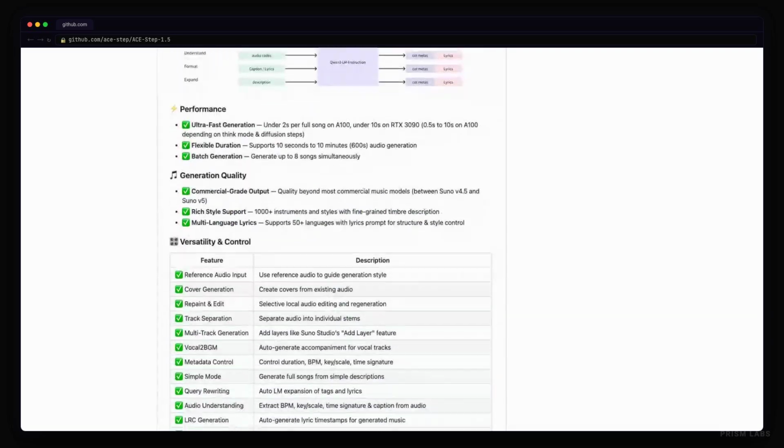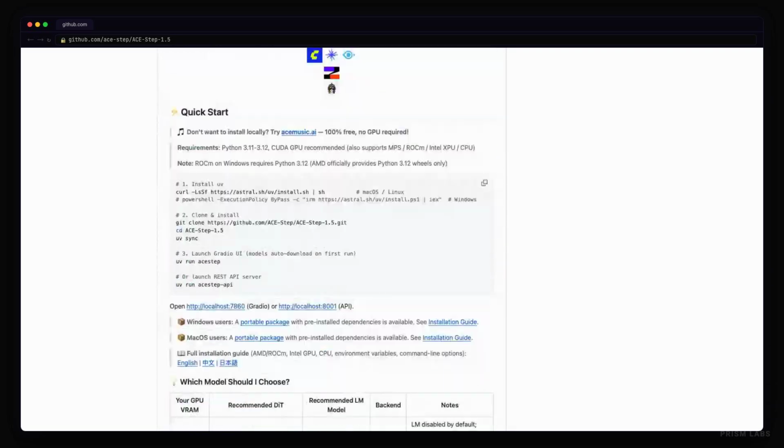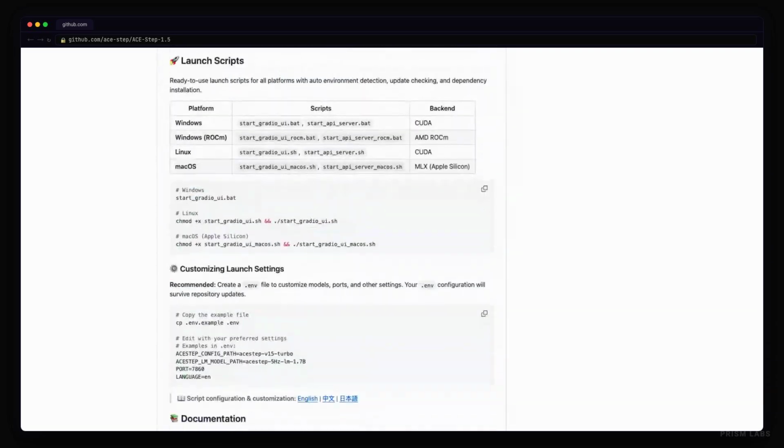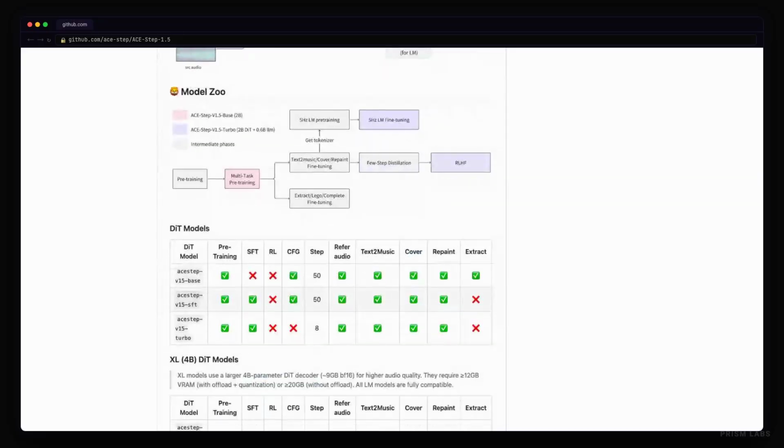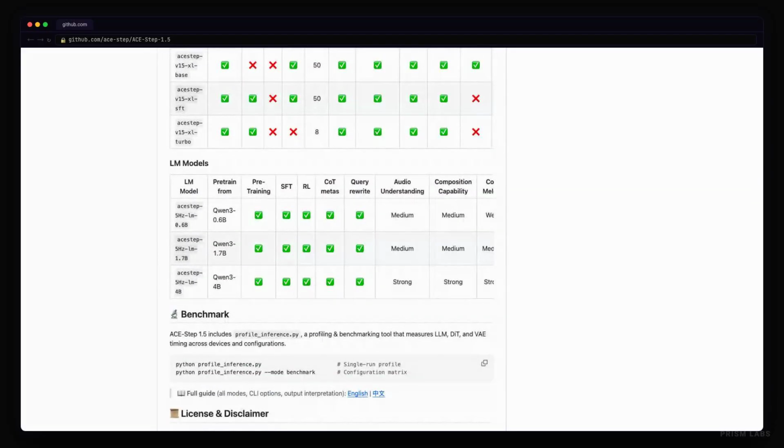There is the React front-end in TypeScript with a Spotify-inspired layout, sidebar for tracks, main panel for generation, an audio player pinned along the bottom. There is a thin Python server layer that wraps AC Step 1.5 model calls and exposes them over HTTP to the front end. And there is a setup script that installs both halves and wires the file paths together. The repo description says it directly and unambiguously, the ultimate open-source Suno alternative, and based on what is in here,